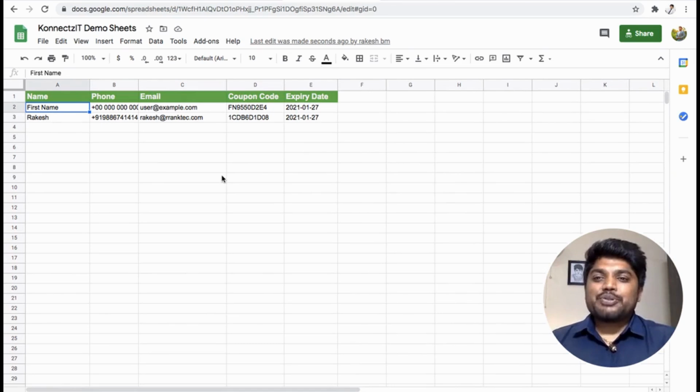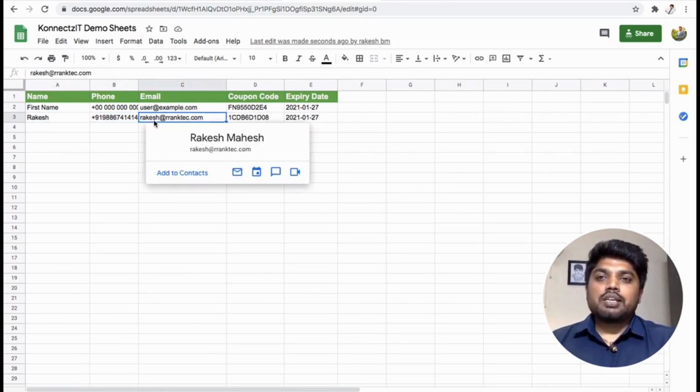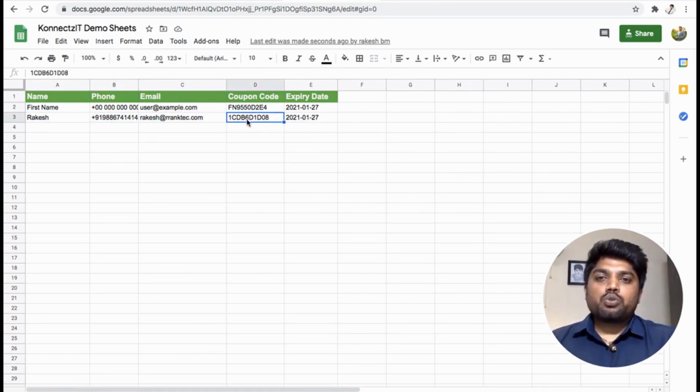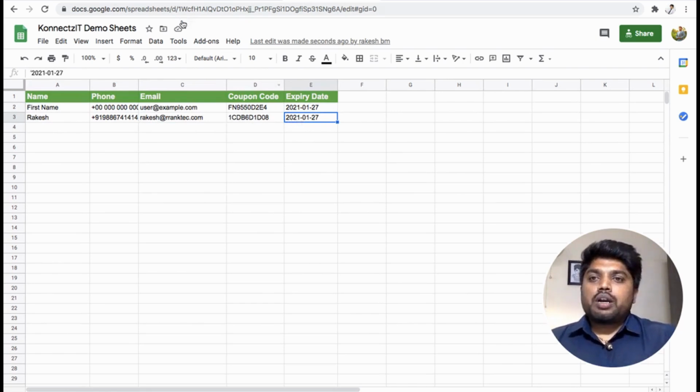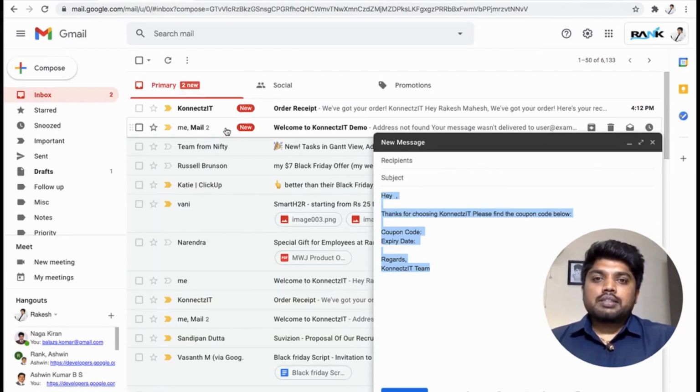Yes, guys, you can see that we got a lead from LeadCart: my name, phone number and email ID with the automatically generated coupon code and the expiry date, which, as I told you, is automatically created as a 60 day expiry.